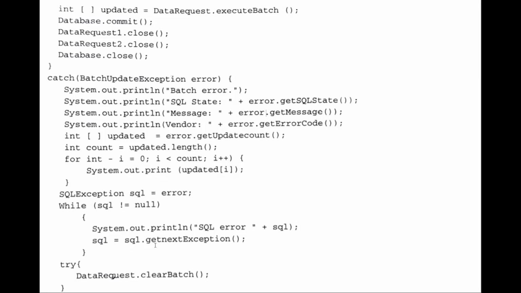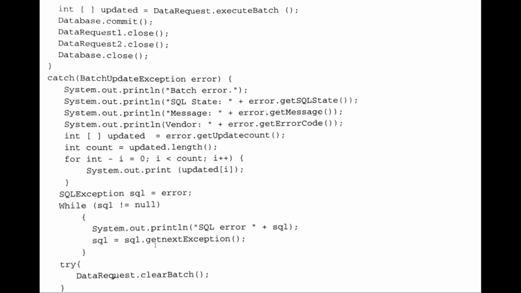So this is the batch execution. In real world applications, the transactions will always be executed as a batch. So whatever statements need to be executed to complete a transaction will all be placed in a batch, and that batch is executed.